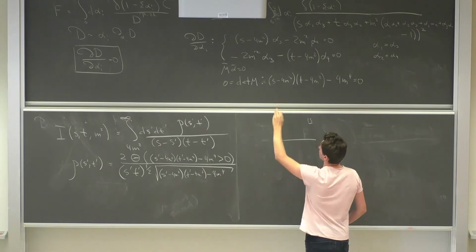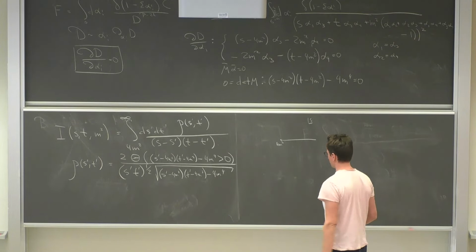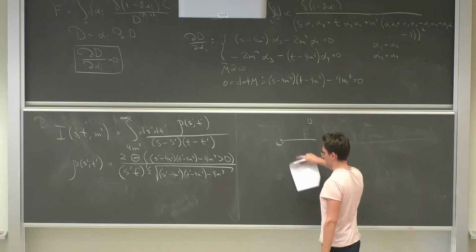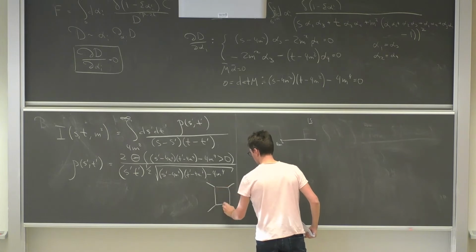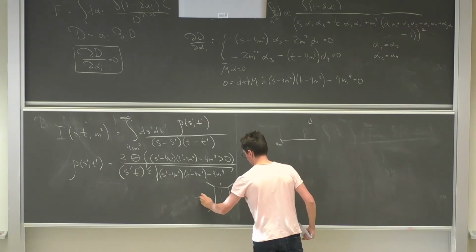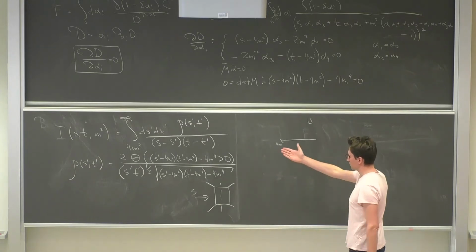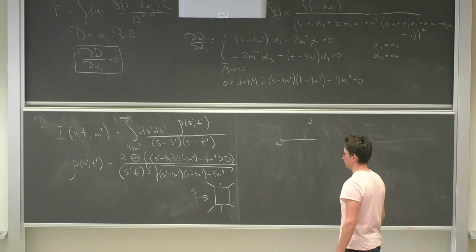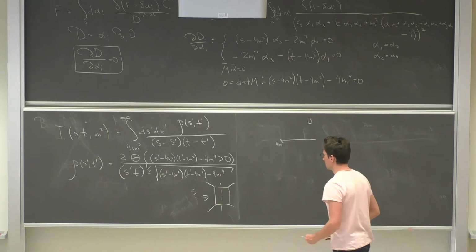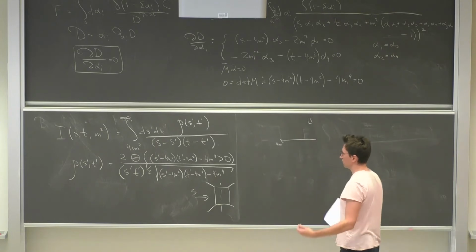This diagram does not have a U-channel cut because it does not describe a scattering in the U-channel, but it does have an S-channel cut. So we expect that this function, this integral, has a T-channel cut. Sorry, an S-channel cut and a T-channel cut. And also I told you before that